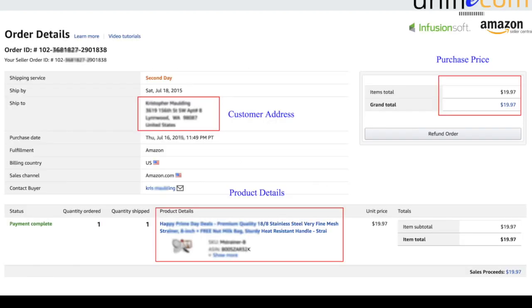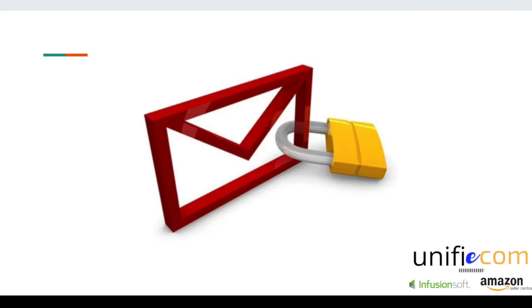Now we have the order information. We have the customer address, which product they have bought, what price they paid, all that information. But the problem is we do not have their email IDs. Amazon doesn't allow us to have email IDs. They used to give us the phone number earlier, a long time back. They have stopped doing that as well. So we do not have any mode of communication other than the encrypted email IDs, which are